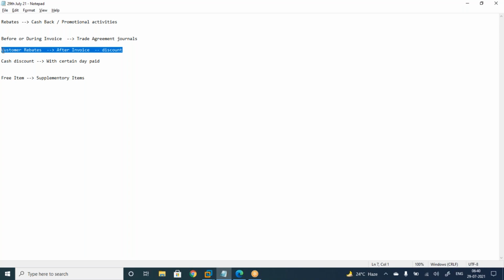This will not. Because this is the edge, this is pure logistics, this is pure finance. Edge is like they don't want to show it at the sub-ledger level, and they want to immediately affect the ledger level. And it should not even be posted, so in that case they can use only trade agreement journals. If they want to reflect those amounts as well, they can use trade agreement journals